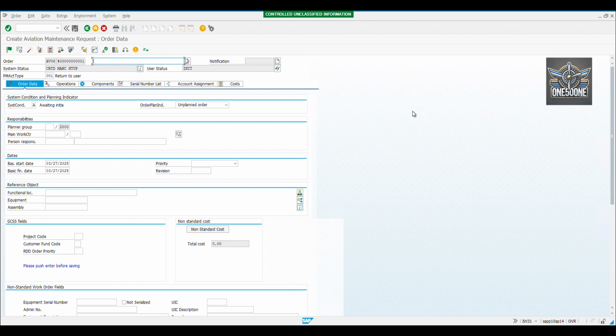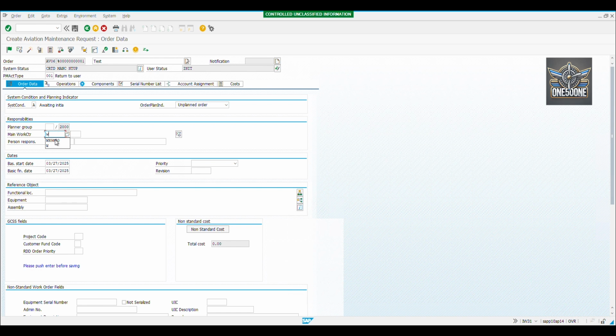You can put tail number information in here. You can put POC information. Really whatever you want, that's going to help you identify where it needs to go when it comes in. So for the sake of this, I'm just going to write test. So input your name, and then the next thing you want to do is go to main work center,